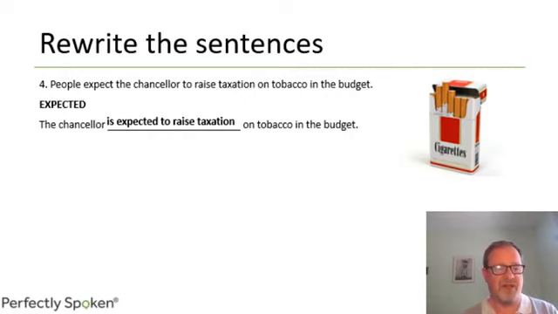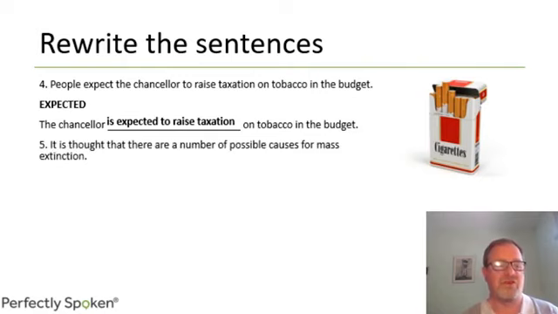Number 5. It is thought that there are a number of possible causes for mass extinction. Apparently, in the history of our planet, there have been 2 or 3 periods of mass extinction when millions or thousands of millions of species have disappeared. The most famous one, obviously, when the dinosaurs were wiped out 65 million years ago or whatever. And some people argue that we are currently going through another period of mass extinction. Anyway,